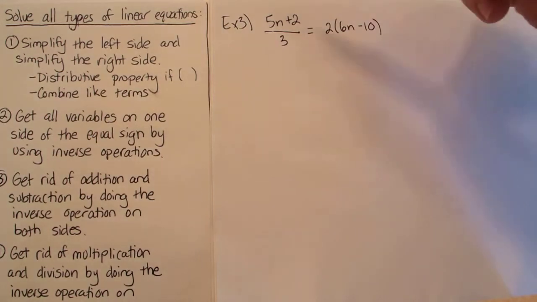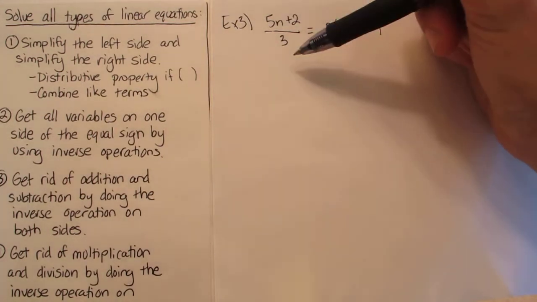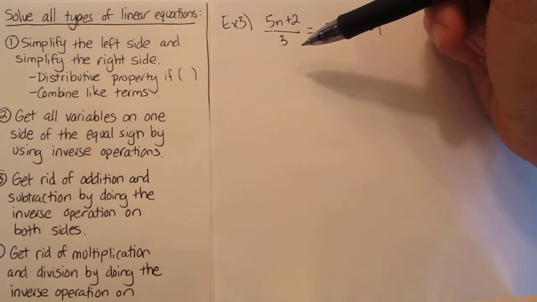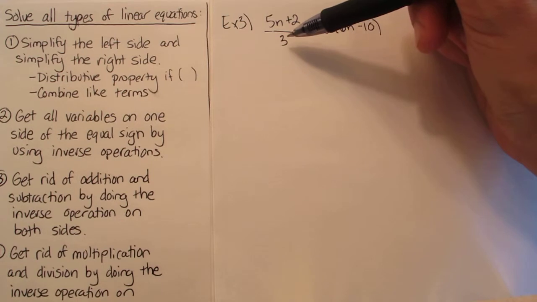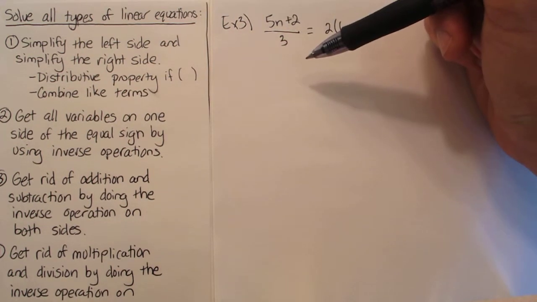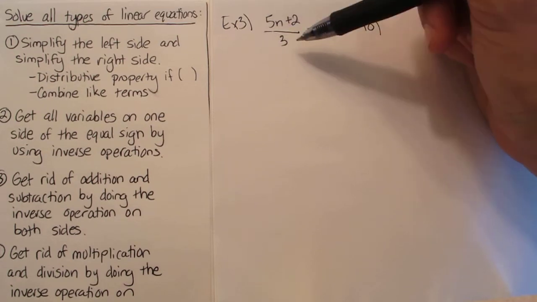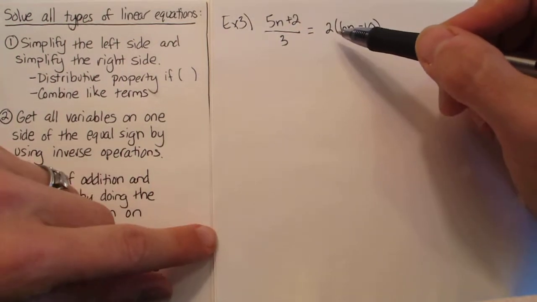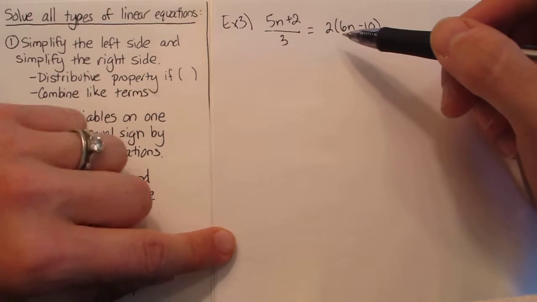And when I look on the left, I can't use the distributive property, and there are no like terms to combine, so I actually can't simplify this. If I could divide both of these terms by 3, I would do that, but I can't do that. So I'm stuck. So when I look at the right side, I can simplify this because I can use the